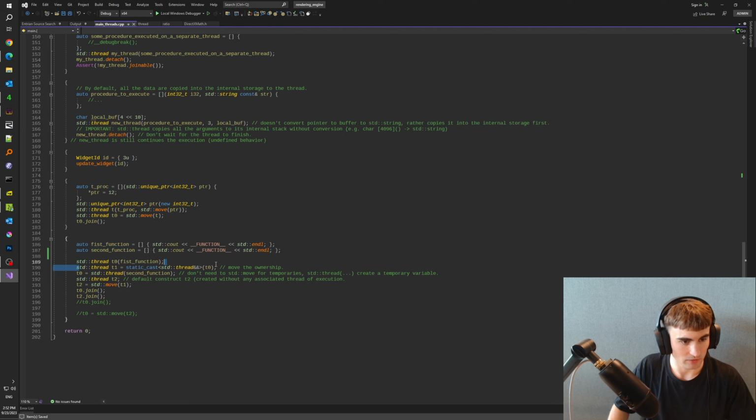And then this is basically an std move, but usually you should be using std move. Then we move the ownership to t1, right? And then in t0 we create a different instance of the thread and move the ownership to t0, and then we create t2,